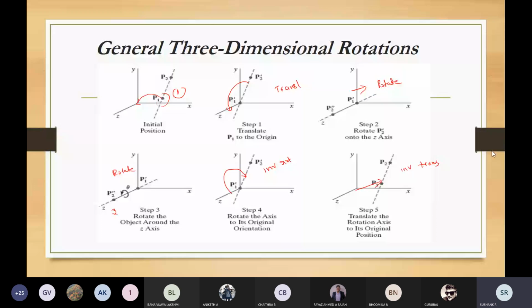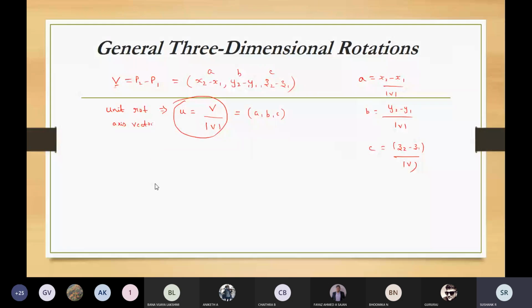So it will involve the translation. For this, the translation matrix can be given by the inverse translation. We were moving from some position to the origin, so it will be minus x1, minus y1, minus z1, 1, and the other components were 0 except the diagonals. So the diagonals will be 1 1 1 1.